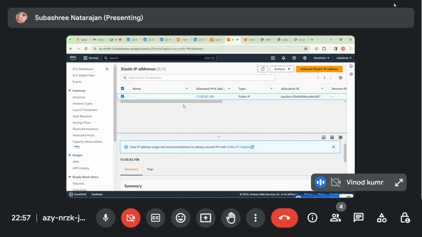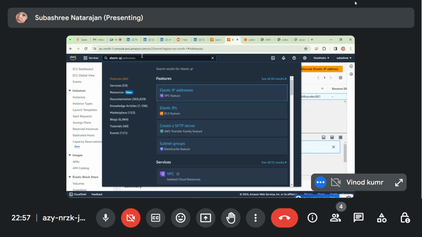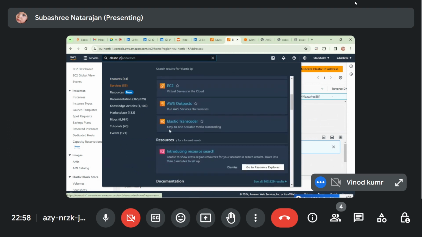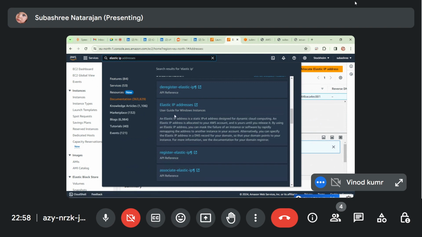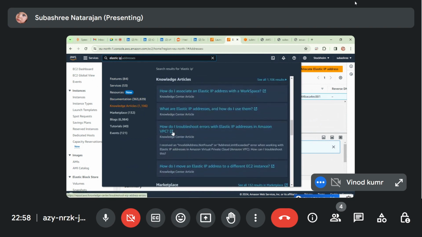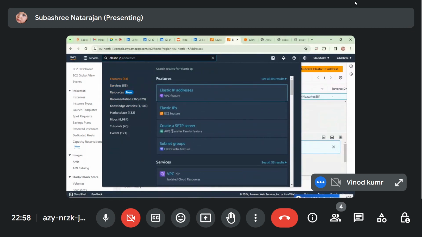Search elastic IP again. This one. It should create. That is what is given is correct only. Elastic IP only.